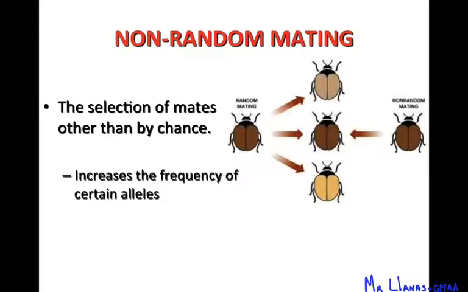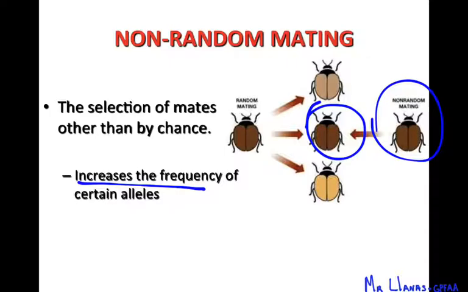That means that this brown bug will always going to reproduce with a brown bug, right? So what that causes is an increase in the frequency of certain alleles, and this creates the brown allele. Okay. So the population will eventually be just brown alleles or brown bugs, because through non-random mating, that individual will always mate with brown bugs. This will not happen, right? So again, through non-random mating, the population will change, and it will increase the frequency of just certain alleles in